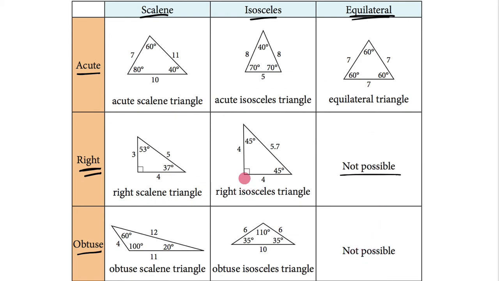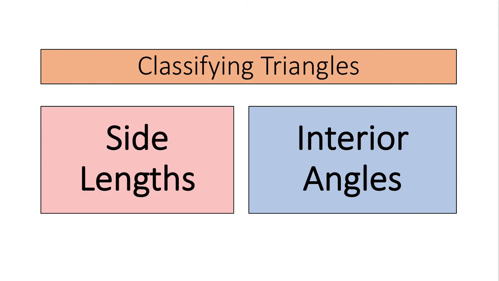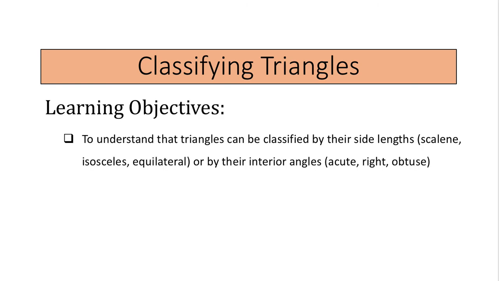And this is where we'll end this lesson. Hopefully everything makes sense here. The real takeaway message that you need to walk away with is knowing that you can classify triangles based on two characteristics: their side lengths and their interior angles. There are three in each of those categories that you need to memorize, and you need to make sure you're comfortable with the spelling of them as well. With that being said, in this lesson, we've covered this objective. We understand that triangles can be classified by their side lengths, scalene, isosceles, and equilateral, or by their interior angles,